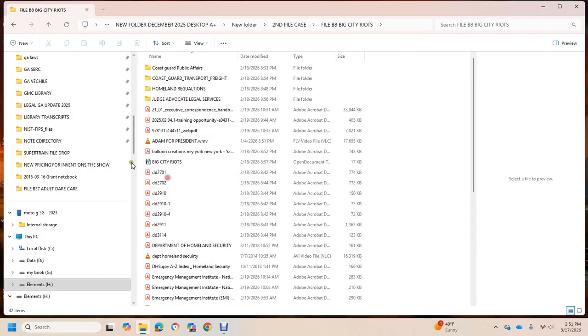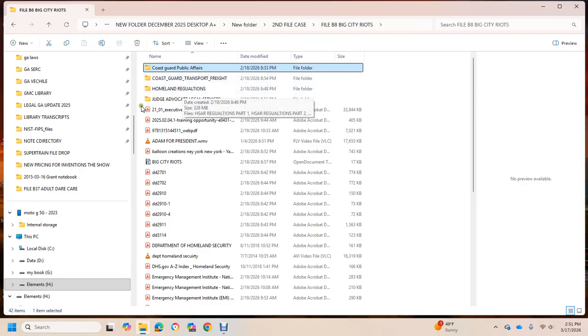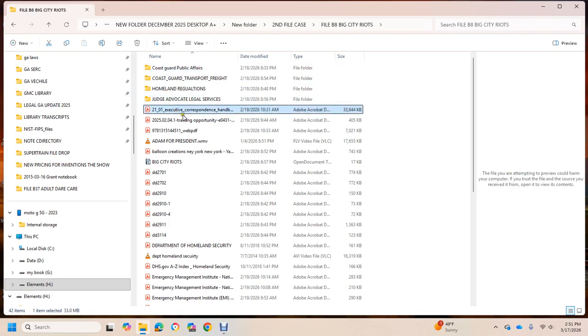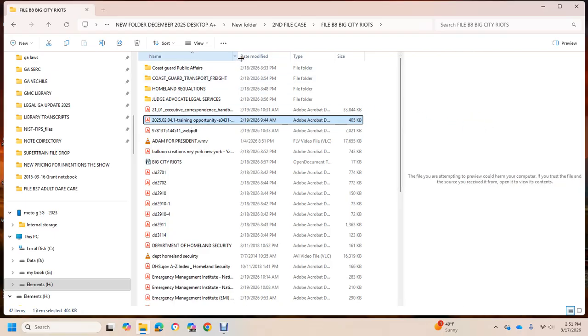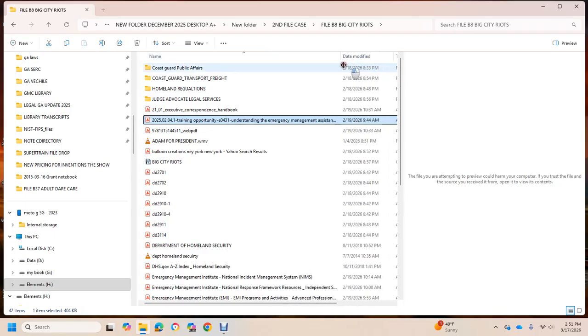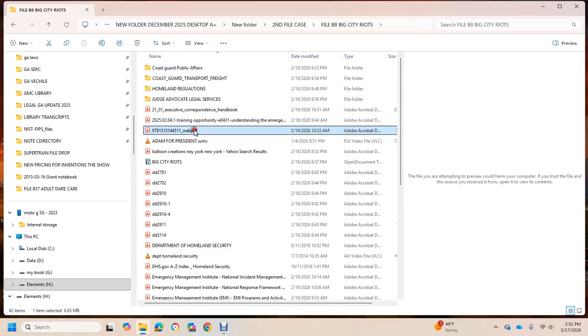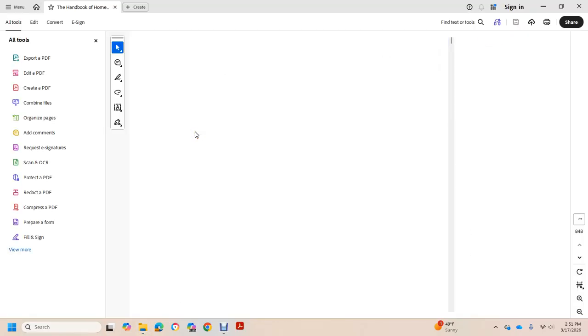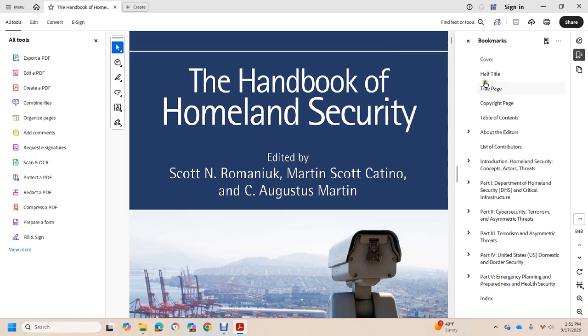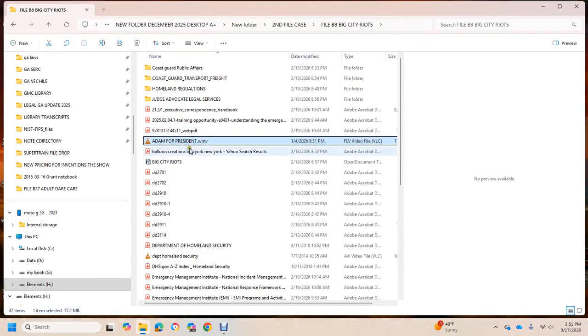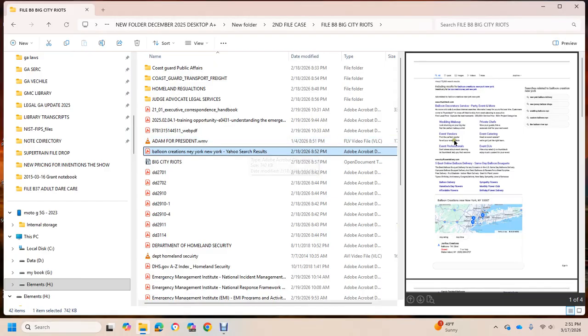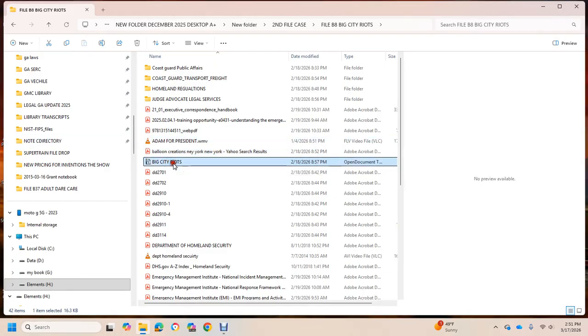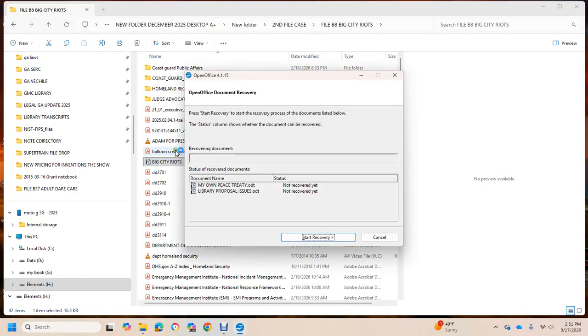We have big city riots. We have Coast Guard Public Affairs, Coast Guard Transportation Freight, Homeland Regulations, Judge Advocate Legal Services, Executive Correspondence Handbook, a Training Operator, Operation Understanding Emergency Assistance Compact EMAC. Let's go to, we'll find this one out. Handbook of Homeland Security, Adam for President. I go over balloon creations, New York City, big city riots, let's go read big city riots real quick, and then